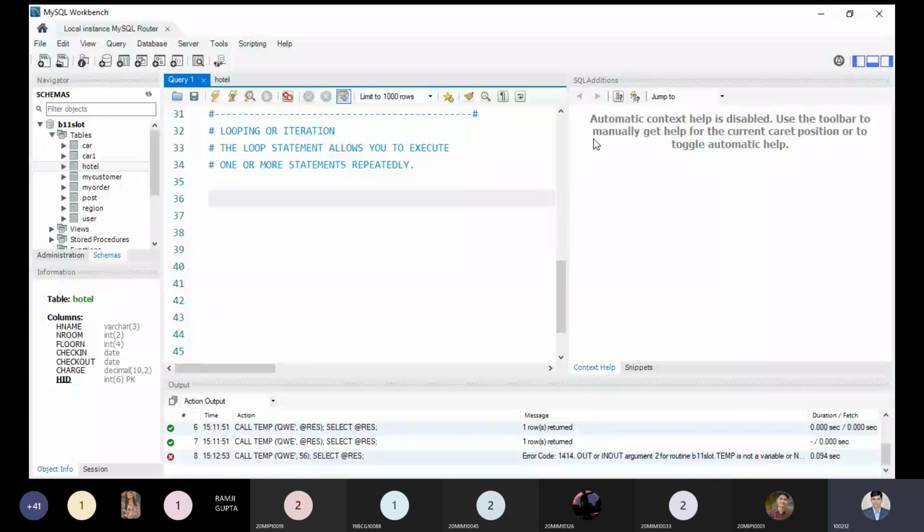We will use the loop keyword. Before that, we have to use a prefix, the beginning label of that loop. Inside we write some code that belongs to the loop structure, and we use the end loop keyword, just like using the end if keyword. The label can be optional, but the loop and end loop at the beginning and end of the block are necessary. So we have two important statements. While we discuss them, I will tell you. No problem, let us start the first part of this. Let us see an example.